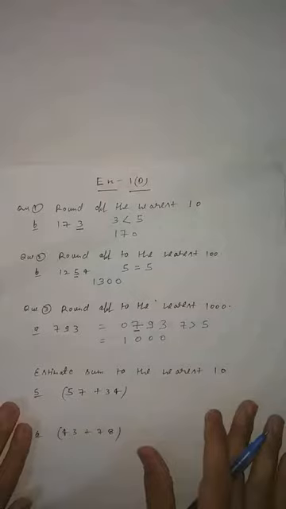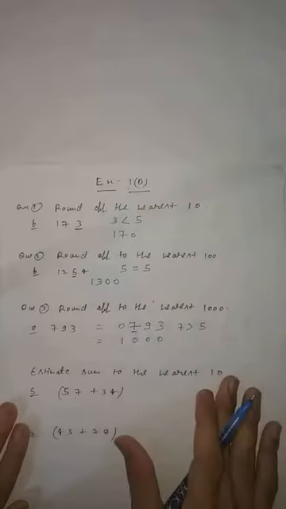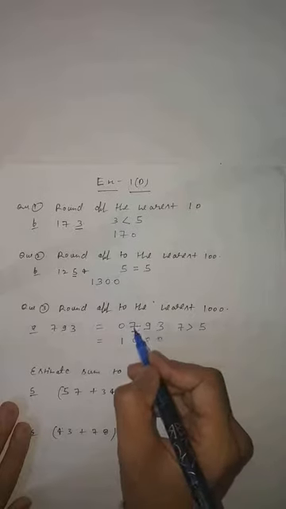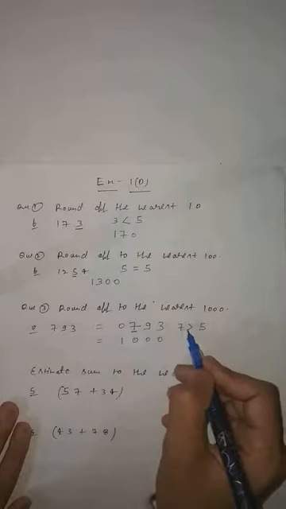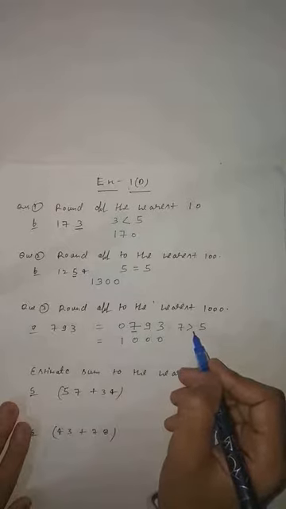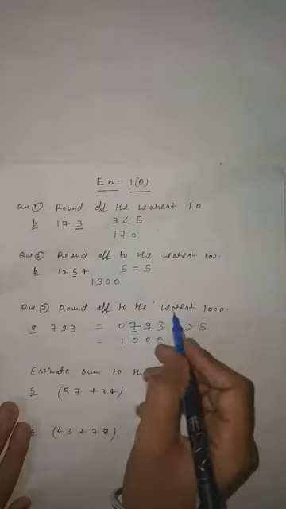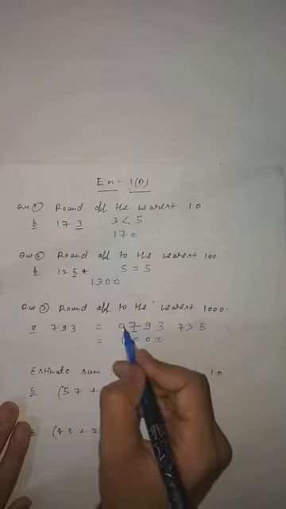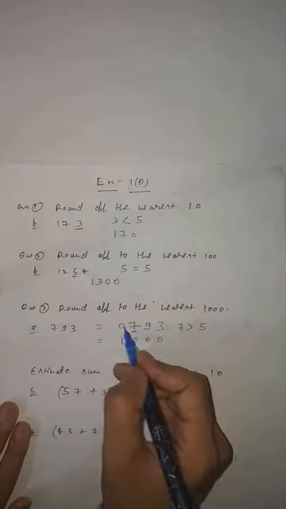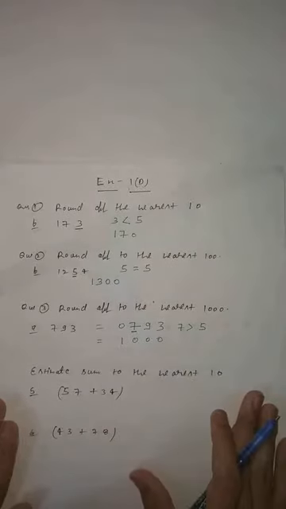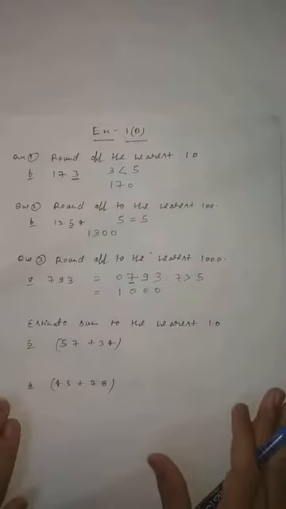Why 1000? I know why 1000, because 1 tens is 100. The hundreds place is 7 and 7 is greater than 5. So what is the rule? If the number is greater than or equal to 5, you have to increase 1. And what is given in the question? Nearest 1000. So 1 tens is 100. The thousands place is 0, so you will increase 1 in the thousands place. Clear, student? This will become 1000. Acha, now come on, next question.